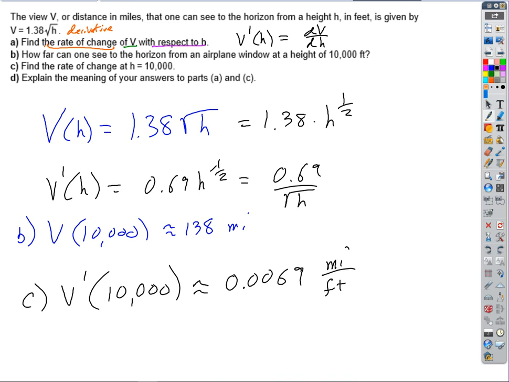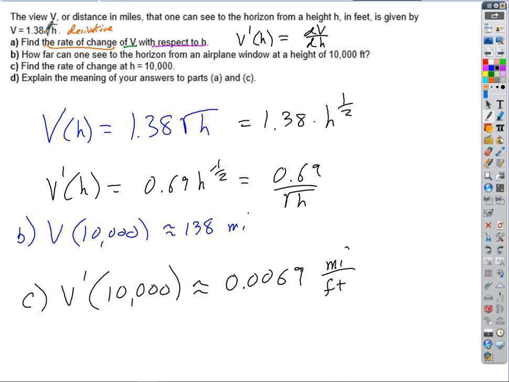So when I actually move up that extra foot, that may not be how much it's changed, but at that instant, if I were going to make a prediction, I would say at this rate, I'm going to be moving up by that many miles per foot, right? If everything stayed the same. Now it doesn't, because as I move higher, the view function is changing things, but that's giving me a numerical quantity for how fast the extra horizon is becoming available to me visually as I move up there,